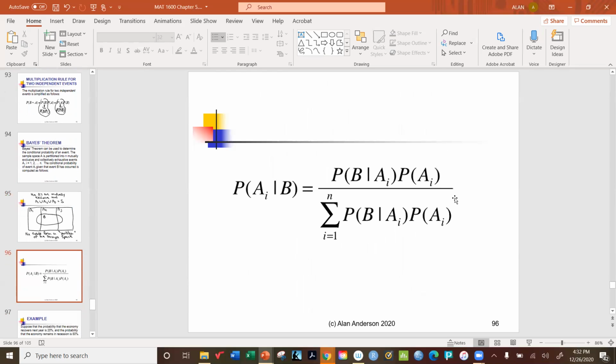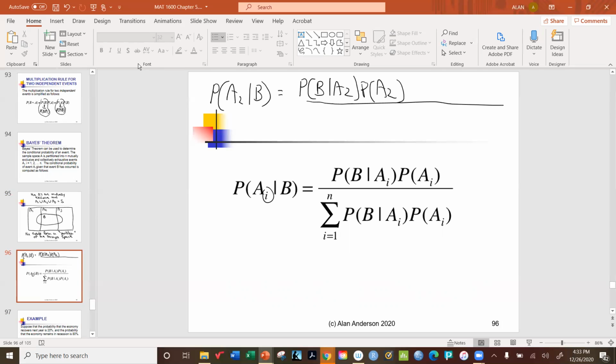Okay. Oh my God. Now, you notice how we have a summation here, because this is meant to be a very general expression. If we have a partition like the one I just described, let's say I pick A2 just at random. I'm going to have the following. In the numerator, I have this expression, which basically represents the probability that both B and A2 are true. In the denominator, I have the total probability of B occurring at all. In other words,